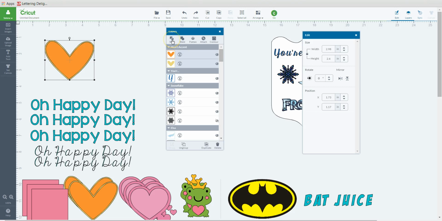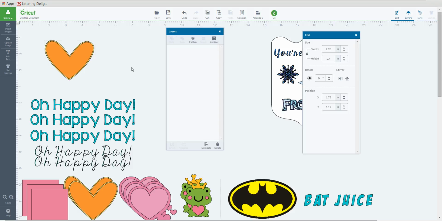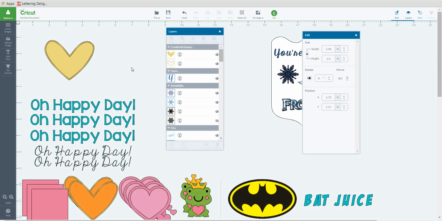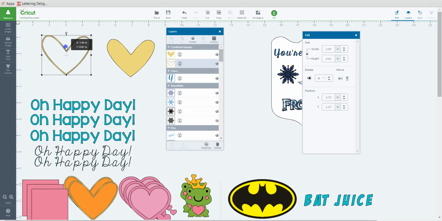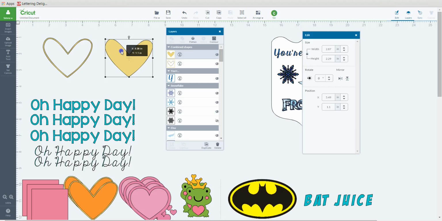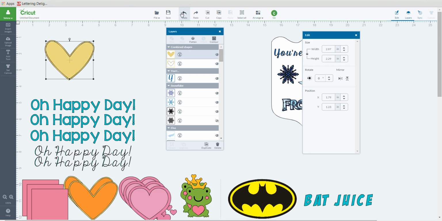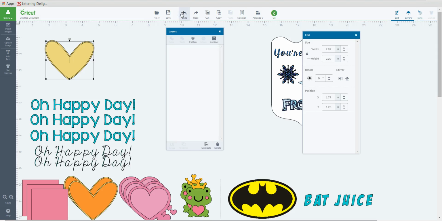You can see it's available. I'm going to click on slice. And now you can see that I just have this border here, and I can discard this if I wanted to. I'm going to undo that step. And I'm going to show you that